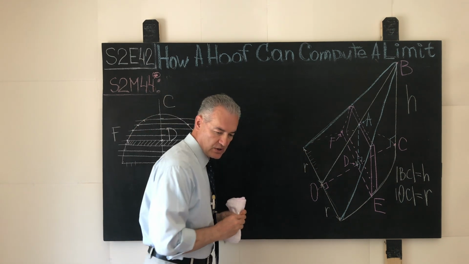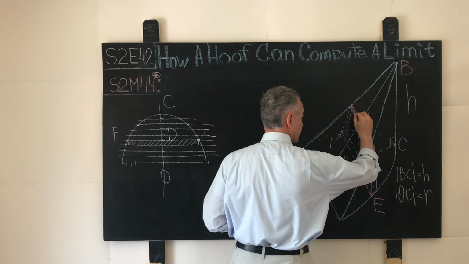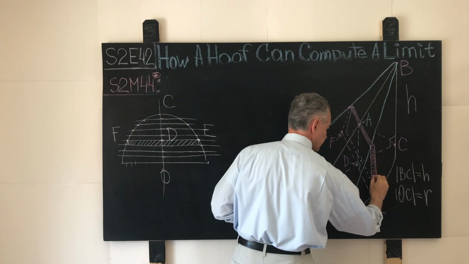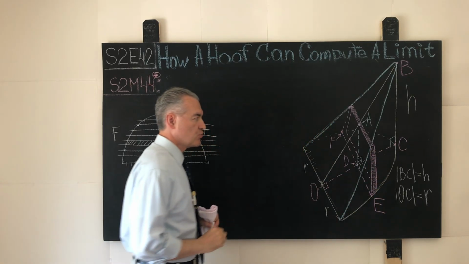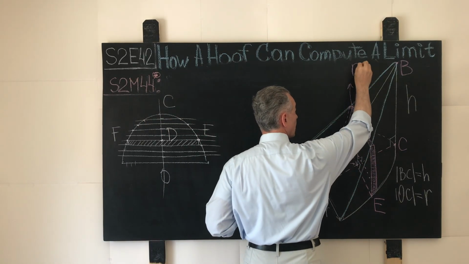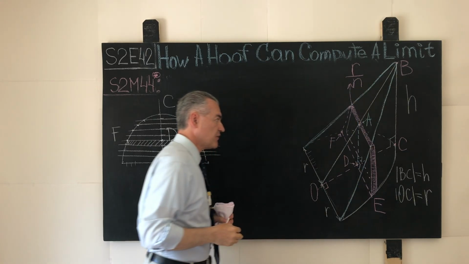So in other words, if I use the red chalk, this thickness of this prism is precisely R over N, where N is a whole positive